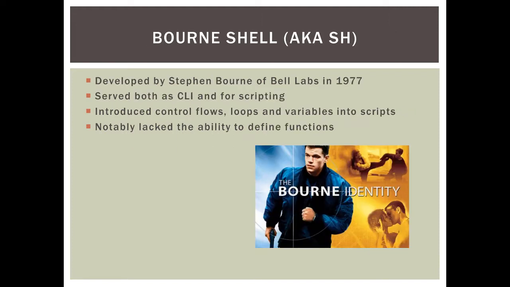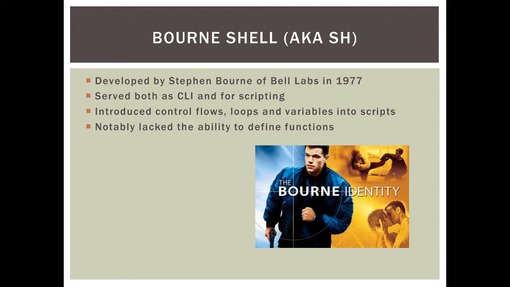The Bourne shell, aka SH, was developed by Stephen Bourne of Bell Labs in 1977. It served both as a command line interface and as a scripting language. It introduced control flows, loops, and variables into scripts, but it notably lacked the ability to define functions,